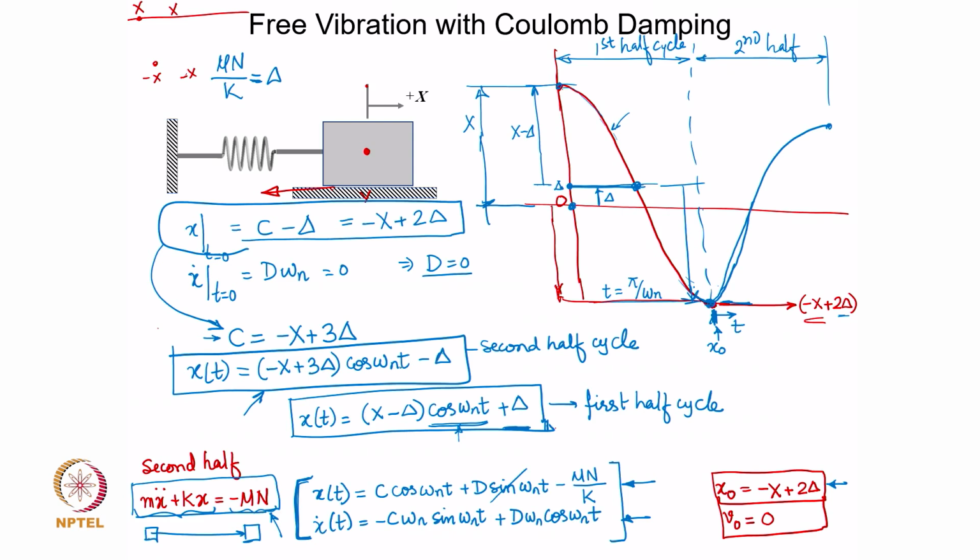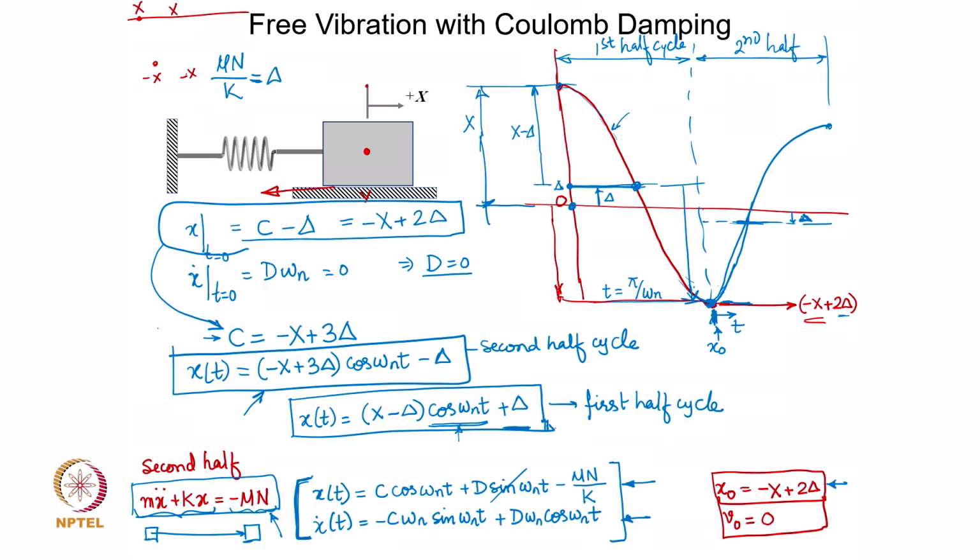So, at t is equal to 0, what will this value be? Minus x plus 2 delta, right, and the oscillations will happen with a mean which is shifted by delta value. You may notice that it has already started with minus x plus 2 delta, and the mean is shifted with additional delta. So, this mean is shifted here with an additional delta value with which this cosine function will behave,